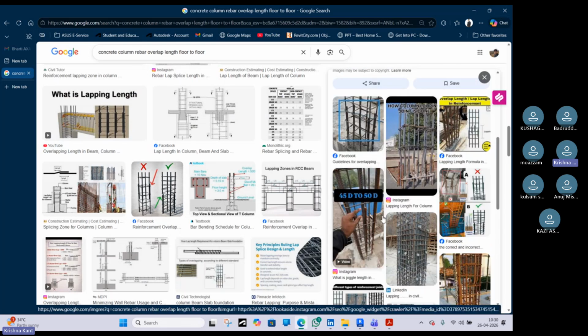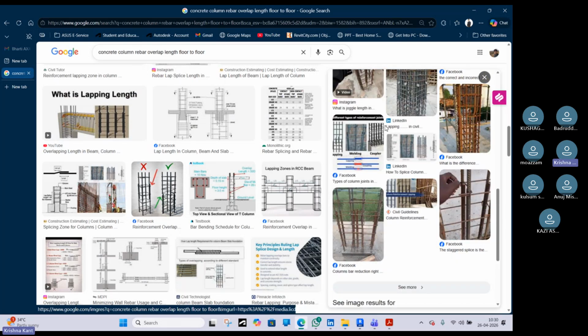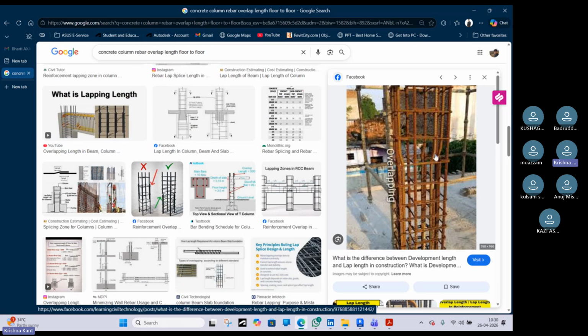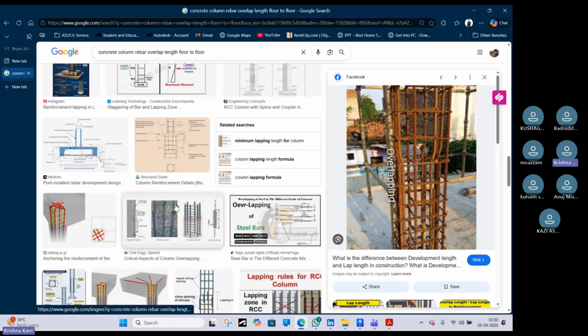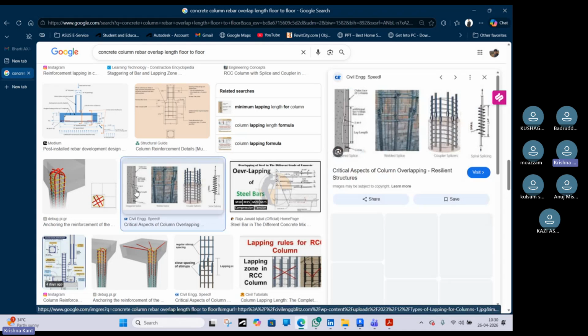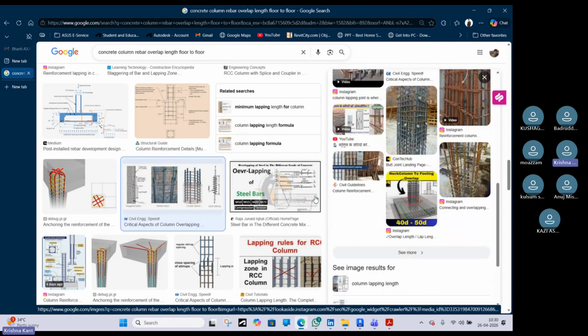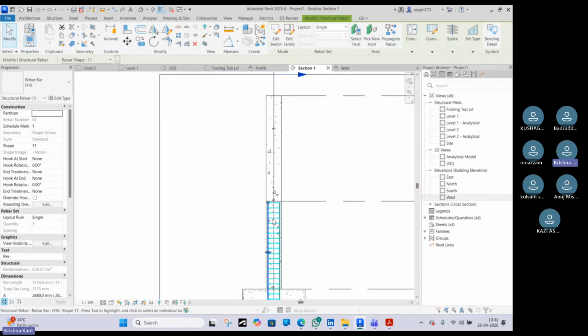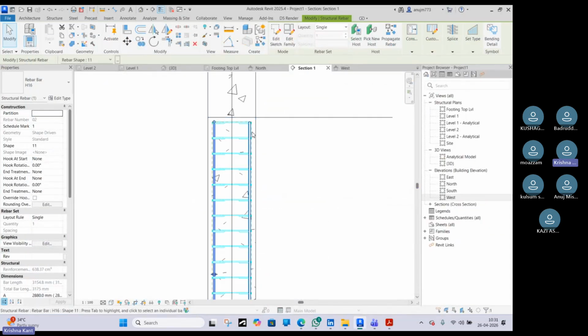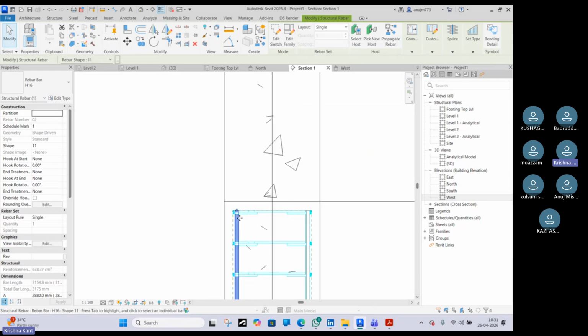If you provide all the bars at one area, the concrete will not be equally dense in that particular area. It will be a more rebar-dense area, which is not good for our building. So in general practice, the overlap length we will differ for certain rebar. What I will suggest, suppose these four members, the outside members, we will extend it,